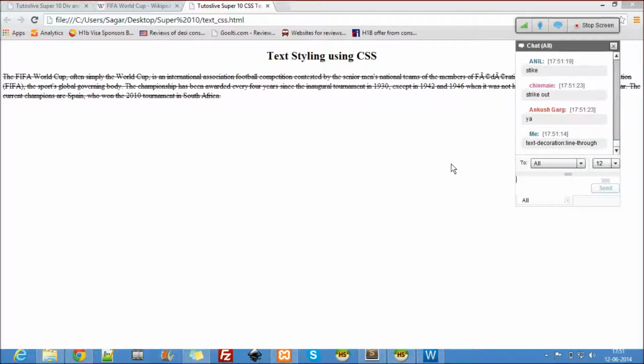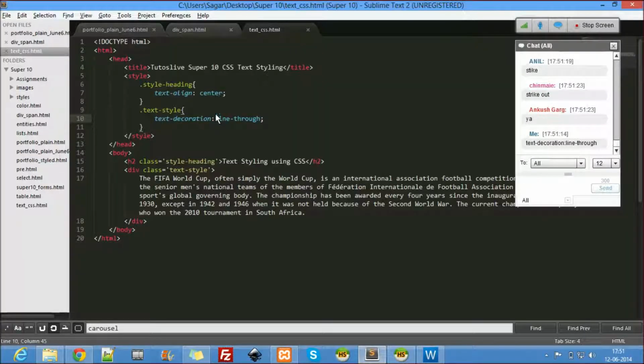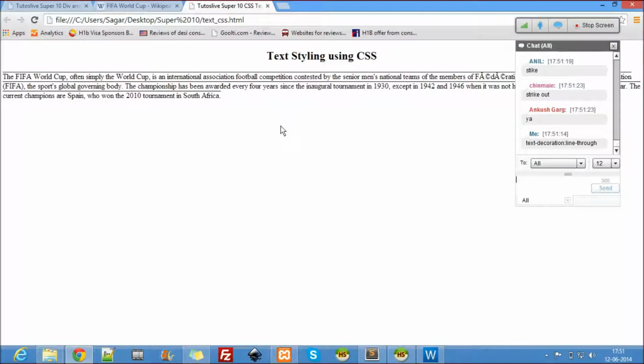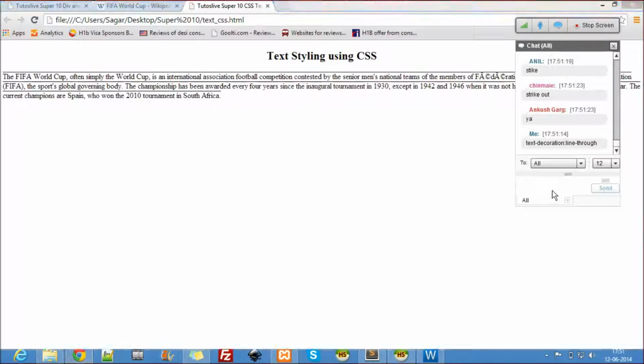Okay, so there is one more text decoration here. So I'll comment out this text decoration, okay, overline. See, there is a line above it. This is overline text decoration, and you won't be using this anywhere else.